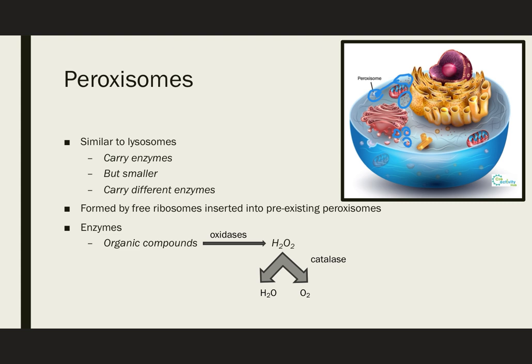What does this mean? It means that new peroxisomes result from the cell recycling older pre-existing peroxisomes that no longer contain active enzymes. So the free ribosomes are circulating. They find a peroxisome that doesn't contain active enzymes, and they insert new active enzymes into these old unused